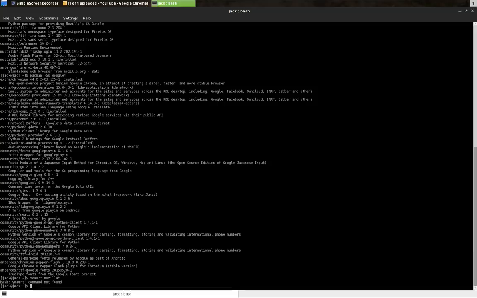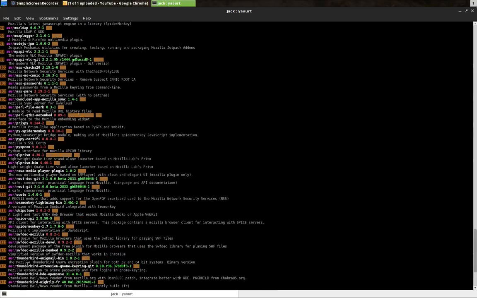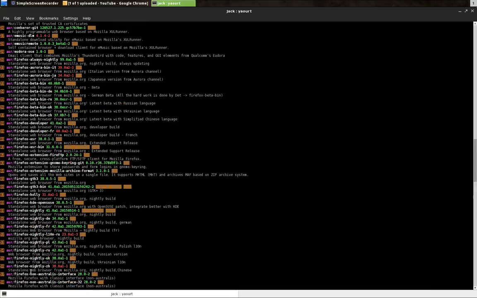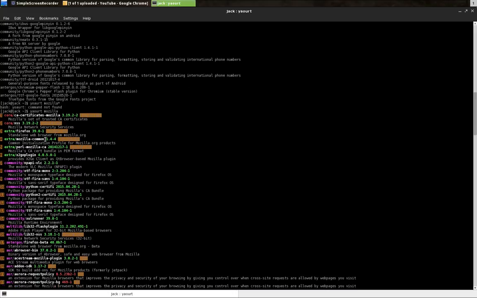What? It shouldn't have told me that. Let's see, maybe it doesn't like the asterisk. That's what it is. It doesn't like the asterisk. You don't need it in yaourt, I guess. If you just type in Mozilla, it's going to automatically search. It doesn't need the asterisk because it works a little bit differently. It's going to search for everything with that term in it anyway, so the asterisk is just redundant. That's why it didn't recognize it. So you just type in the term without the asterisk, and it's going to search for everything with that term in it. And somewhere we should see